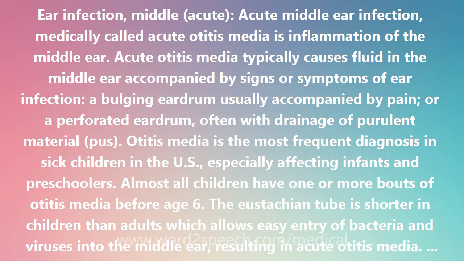Upper respiratory infections are a prominent risk factor for acute otitis media, so exposure to groups of children as in child care centers results in more frequent colds and therefore more earaches. Irritants such as tobacco smoke in the air also increase the chance of otitis media. Children with cleft palate or Down syndrome are predisposed to ear infections. Children who have acute otitis media before 6 months of age have more frequent later ear infections.